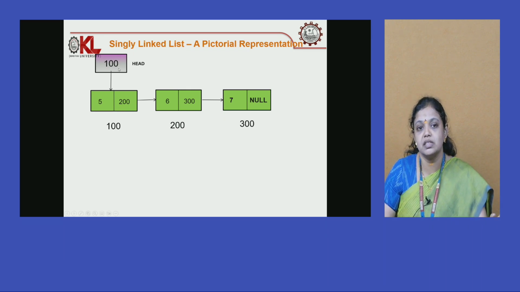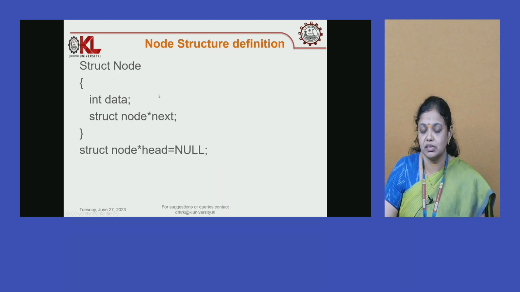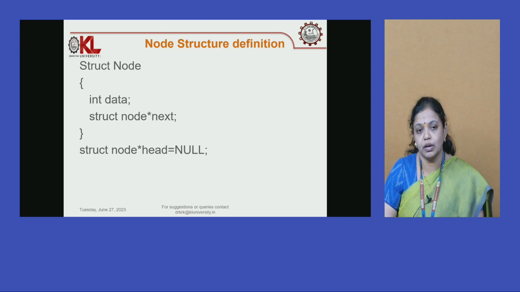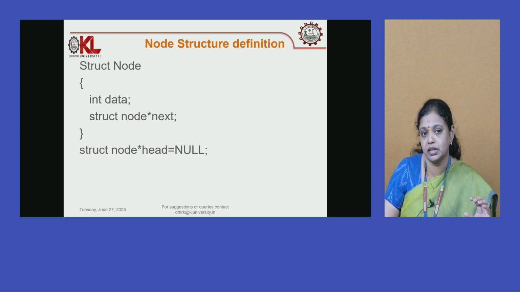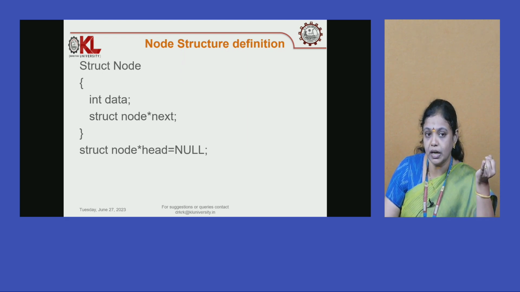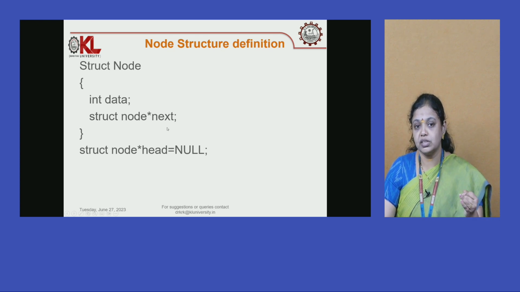So that is why head is a pointer. We will be storing the address of the first node, right? And while implementing this, I just want you to have a look at this. This is the node structure definition. How do we store? As I said, you are storing the data part and the address part. So: int data; struct node *next;